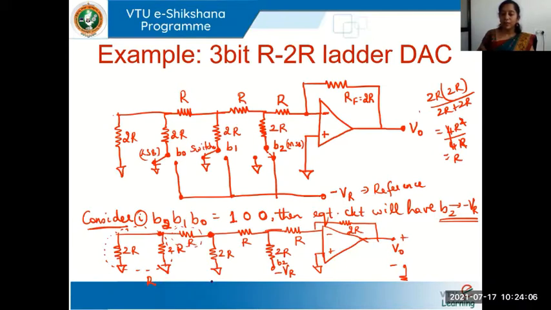So if I try to write an equivalent circuit, from this point, let me call it point B, to ground, I have 2R, and again I have a 2R connected, this resistor 2R from point B to ground. This 2R is because of this whole network on the left side of B. And here you have an R and here you have a 2R, again minus VR, and this end I have an R. I can connect this point to ground because I can use the principle of virtual ground.